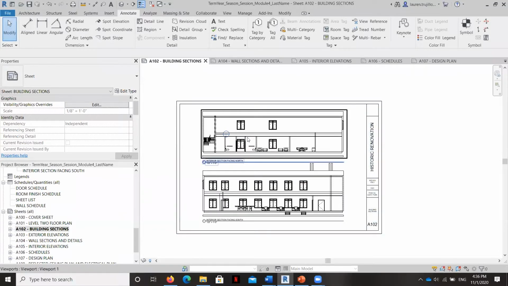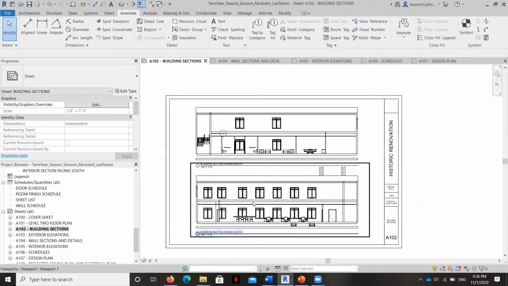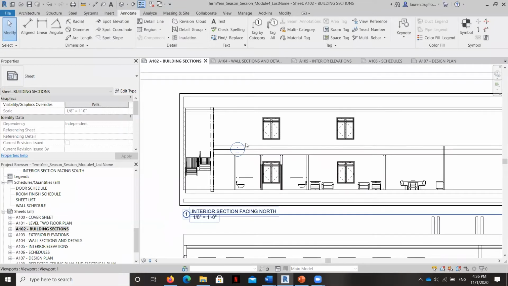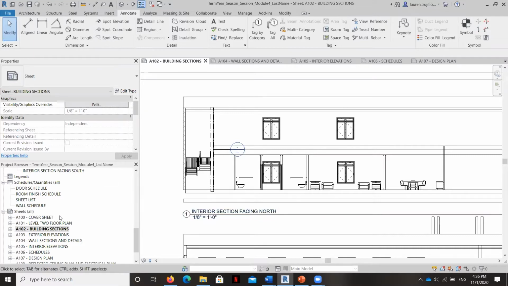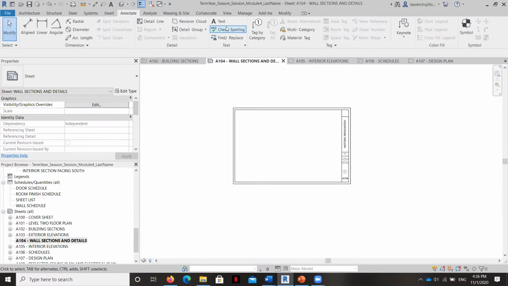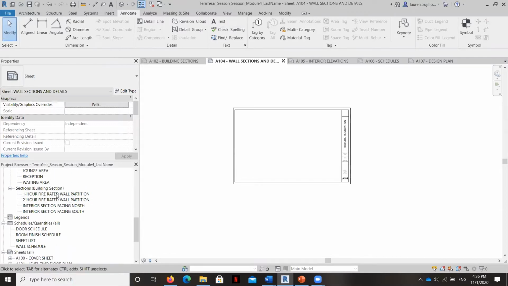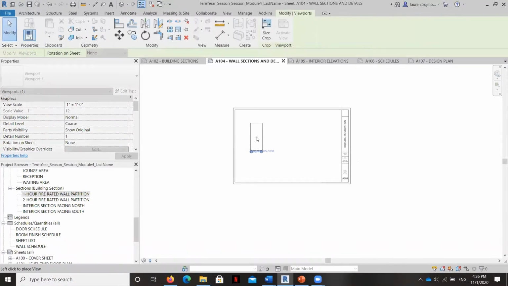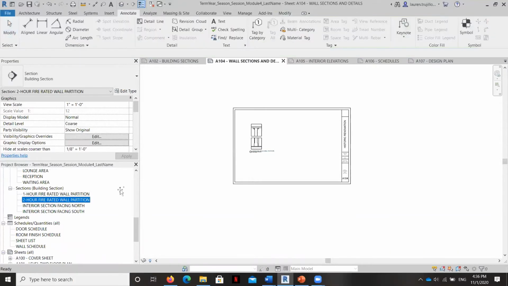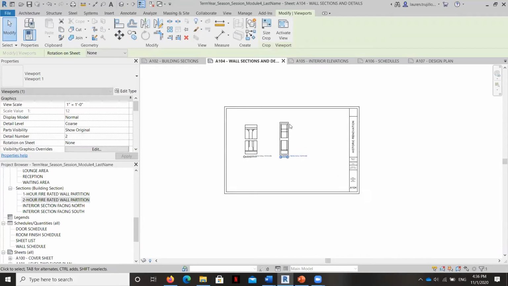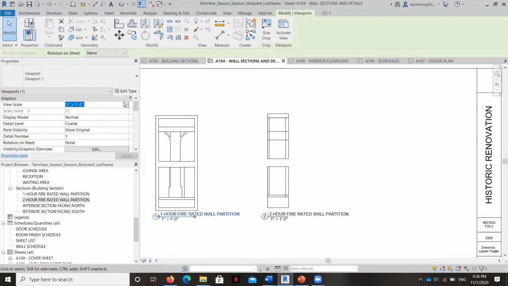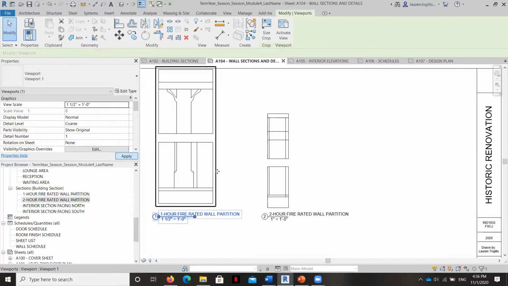Okay, you can see here that I have adjusted the length of my labels and shifted the views over onto the sheet. And you can see here that there's a little call out for that wall section that I'm about to look at. And once I drag that back onto a sheet, this little wall section tag will populate. So I'm going to go to sheet A104. And now I'm going to drag those wall partition sections over. And I'm going to change the view to something a little bit larger. We'll go to 1.5.